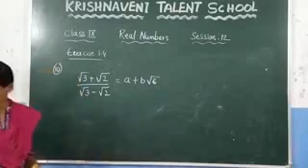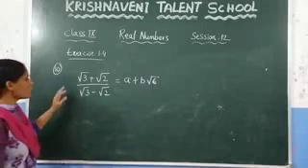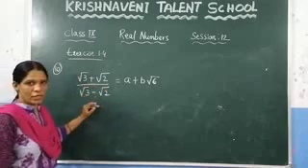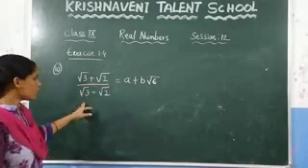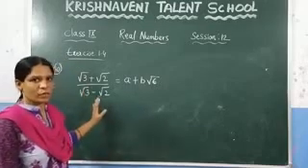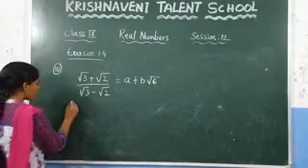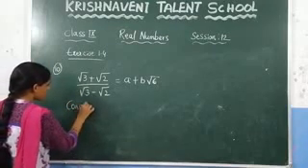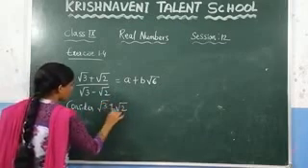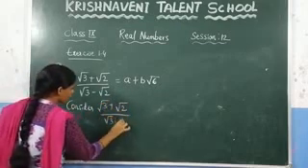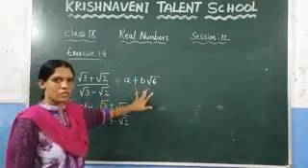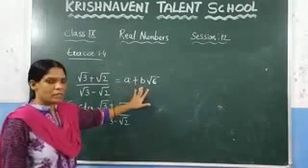Now see this problem. What we need to do here: first you can observe that in this expression the denominator is in the form of an irrational number. So by using rationalization we can convert this irrational denominator into a rational denominator. Now first consider this value: root 3 plus root 2 by root 3 minus root 2. And after solving, we can equate this to a plus b root 6 so that we can find the values of a and b.